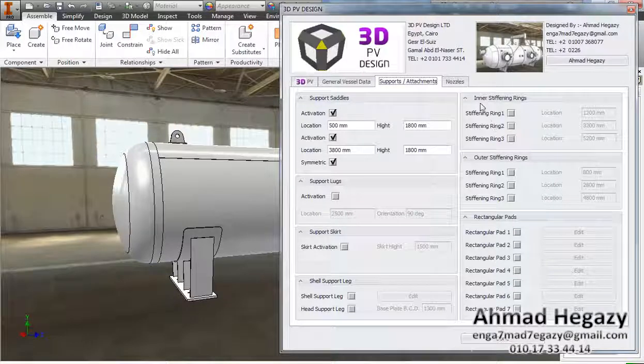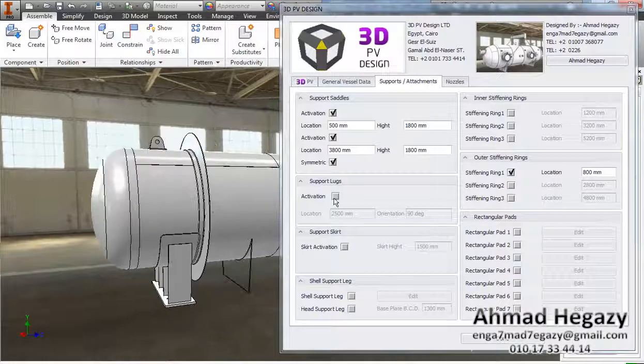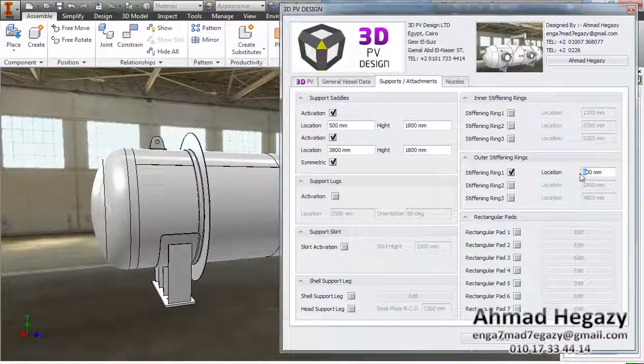Now we will add stiffening rings. We have internal and external rings. We will add an external ring. We will define the location,